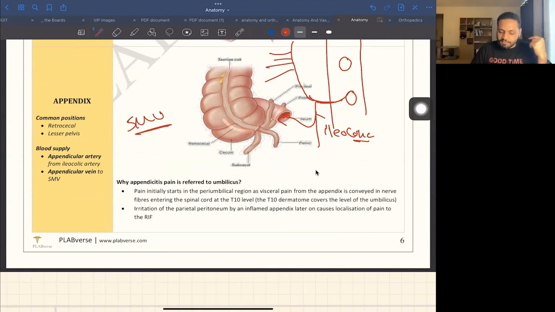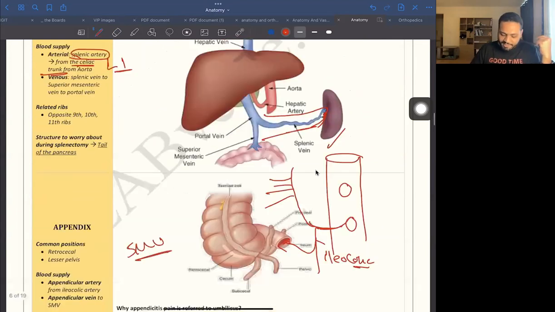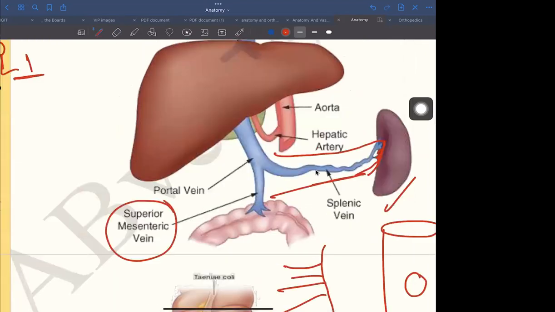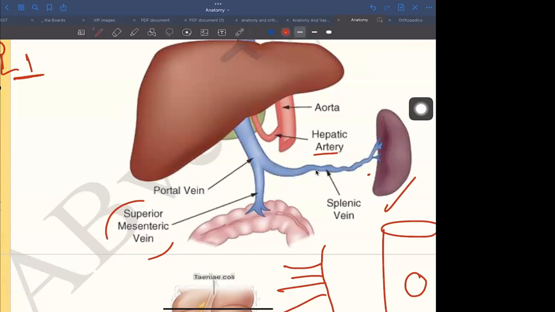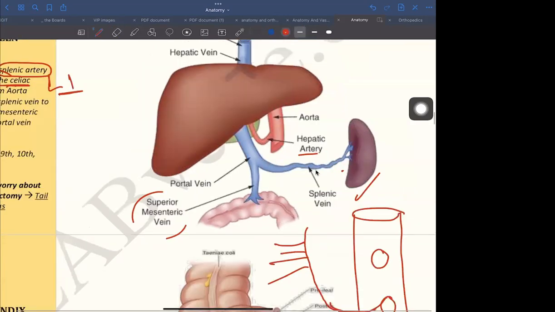So if you just go to this diagram, I just mentioned it here. This is the superior mesenteric vein. It joins the splenic vein and forms the portal vein. So focus. All right. So we have here